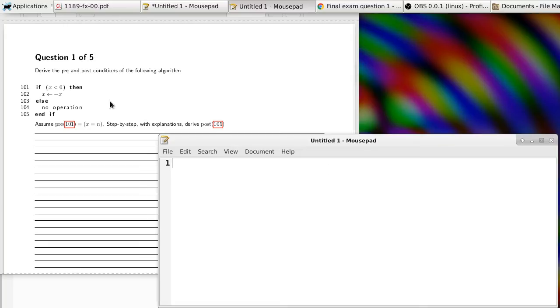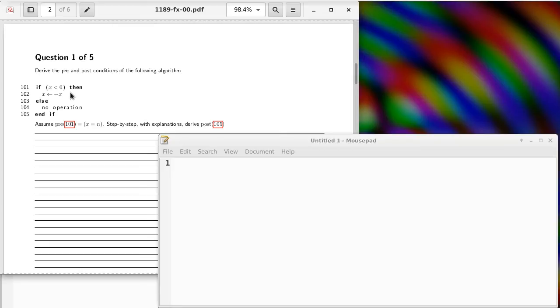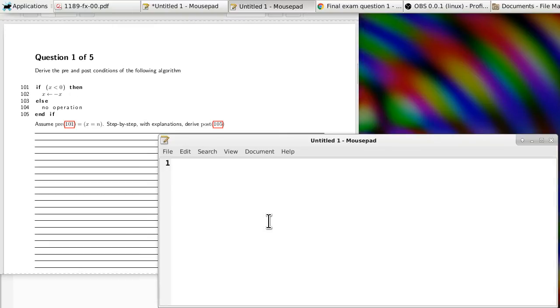Your question may not be exactly the same. There are several variations of this. So because the precondition is already given to you, I'm gonna copy it here too. So the precondition of line 101 is given to be x equals n. And the constant n is really here so that we can relate the final value of x to its initial value. So the next thing we need to do is to figure out the precondition of the then branch and